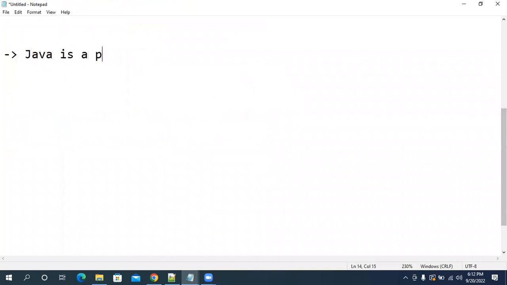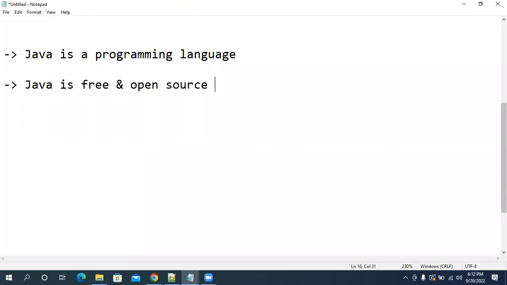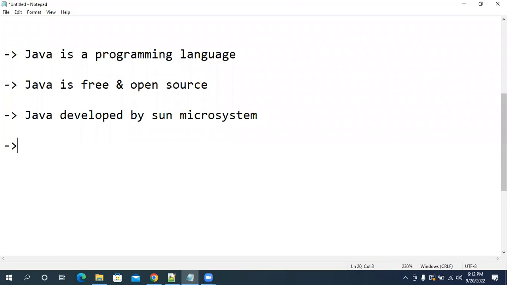First of all, Java is a programming language. Java is a free and open source programming language. Java was developed by Sun Microsystems.